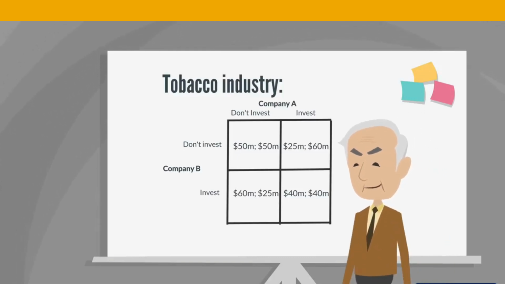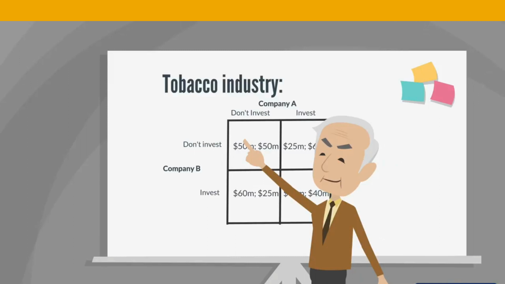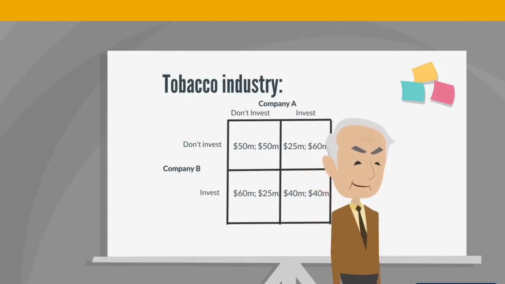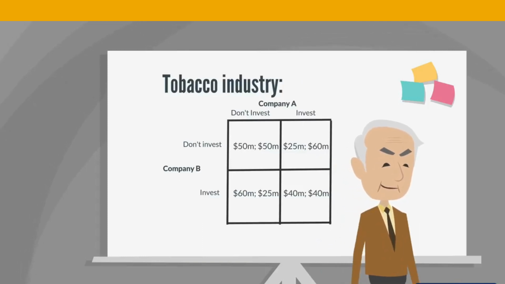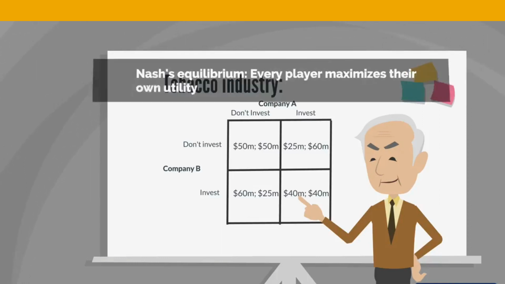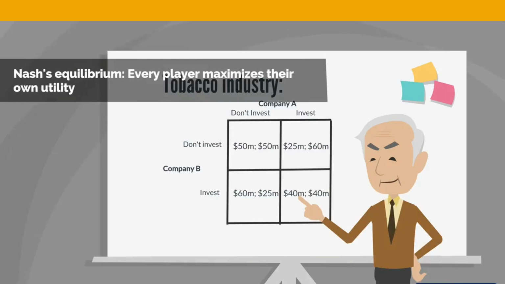This is a great illustration of what happened in reality before the government's ban on TV ads. The dilemma faced by the 2 tobacco companies was very similar to the prisoner's dilemma we saw earlier. Both players are better off if they cooperate. However, they cannot be certain the other party will adhere, so they opt for a solution that guarantees them the best possible outcome in all states of the world. Nash's equilibrium indicates companies will choose to advertise, and that's precisely what happened in practice. Each player maximized their own utility, which ultimately resulted in the situation we observed in real life.